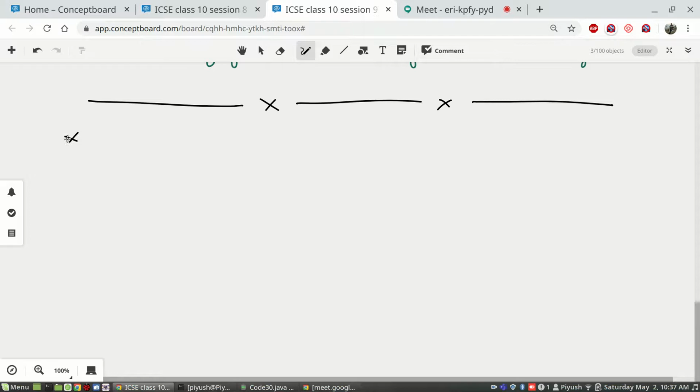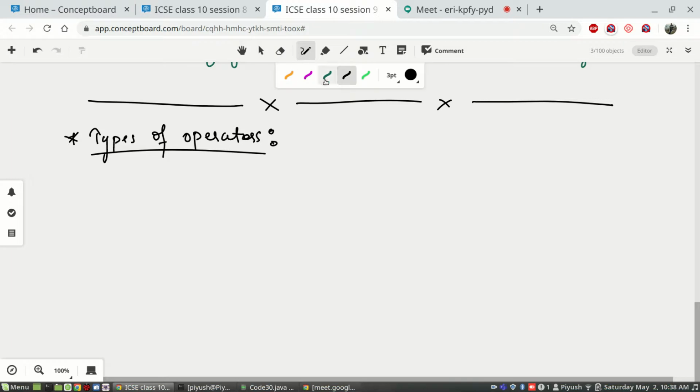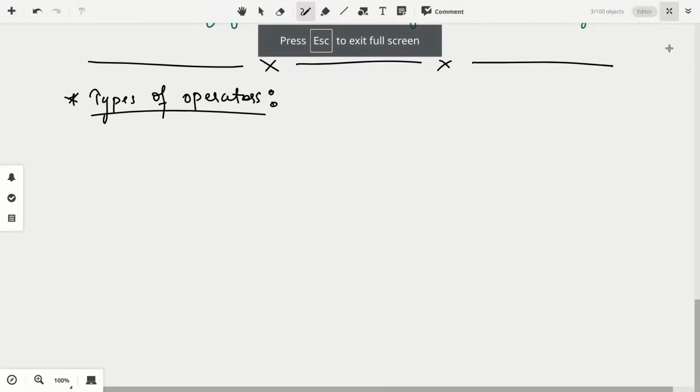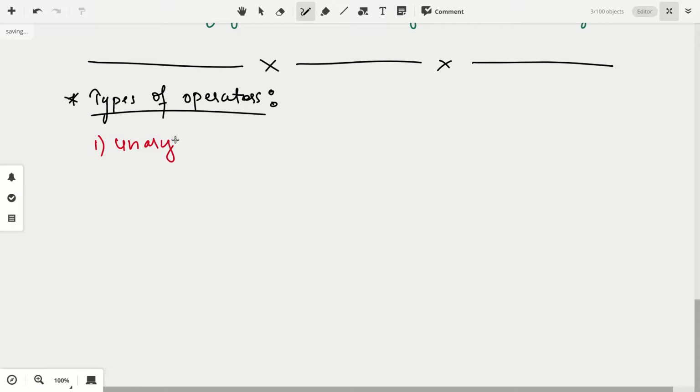So we'll see types of operators. The first type of operator that we have is the unary operator, UNARY.